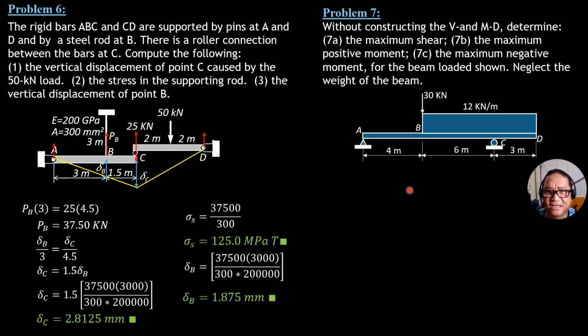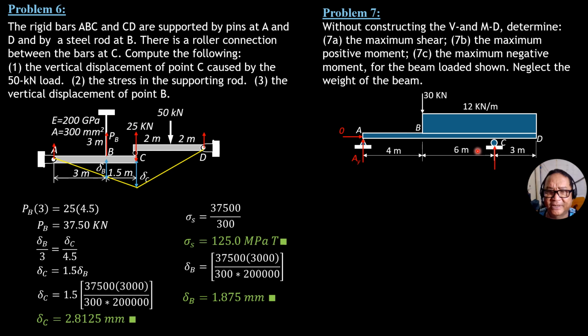First, in order for us to determine the maximum shear, because this is not end supported, if it is end supported, the maximum shear would be one of the support end reactions, but it may be the reaction at A, or it may be the shear just to the left or just to the right of point C, or it may be at B. So let's find out. Let's solve for the reactions. Let's have the FBD first. So reaction